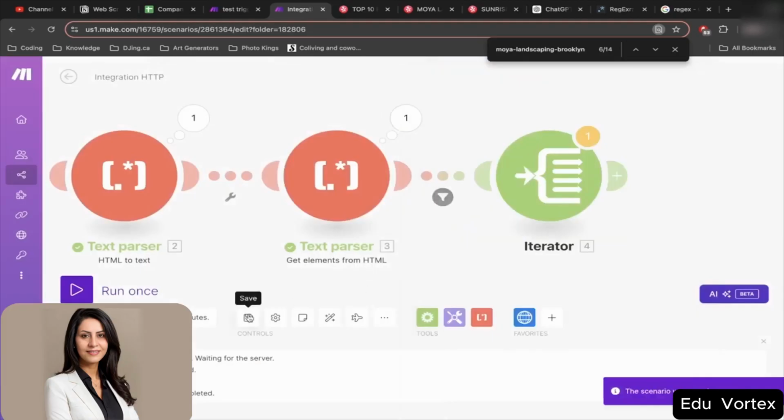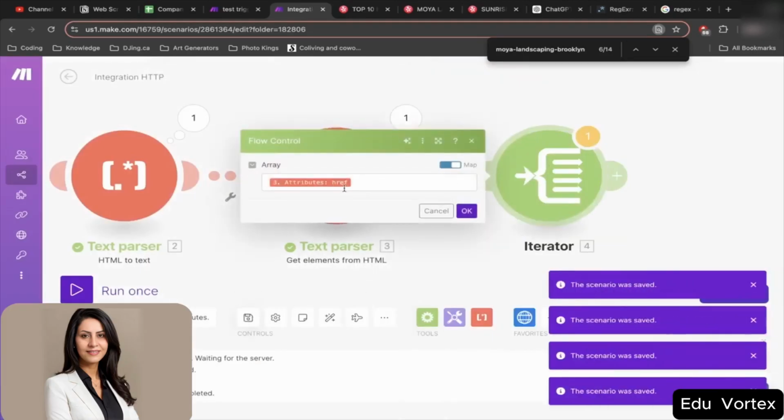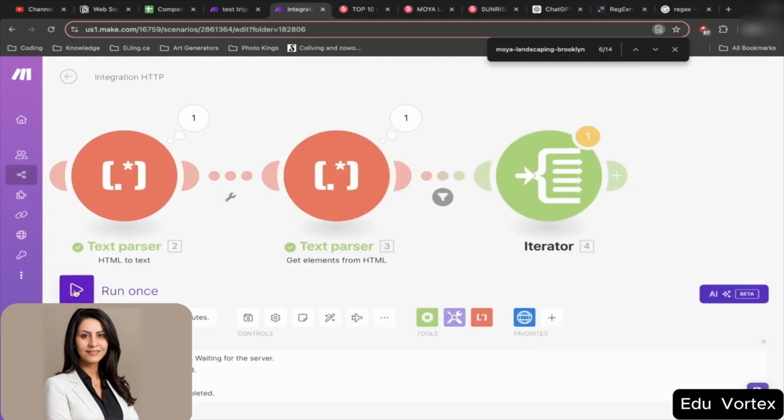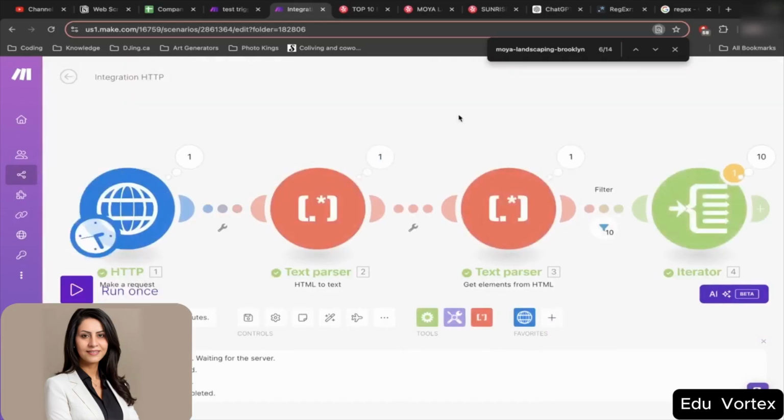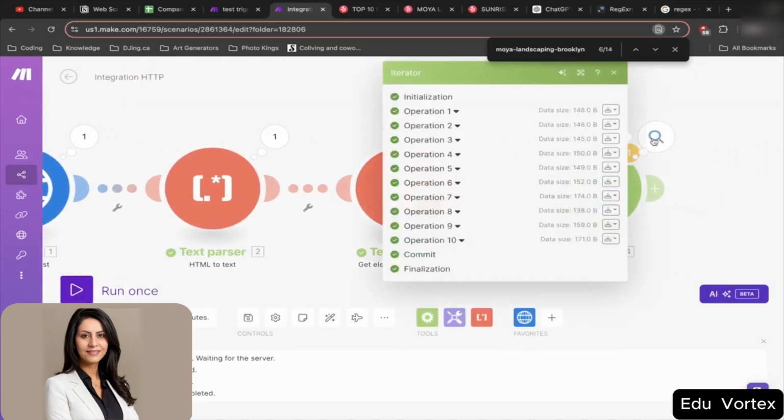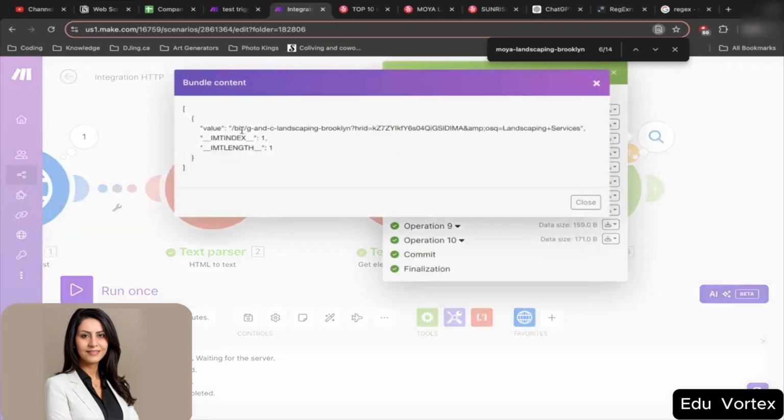And we can go ahead, save this, and we'll pass in this href, and let's test this out and see what we get here. So we're scraping the page, and it's provided us with 10 different links. So if I open up the output, here's one link. We can actually go ahead and open this link up. So